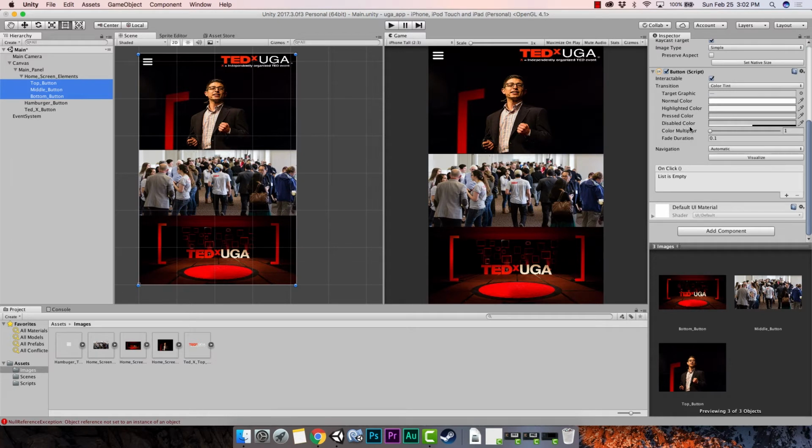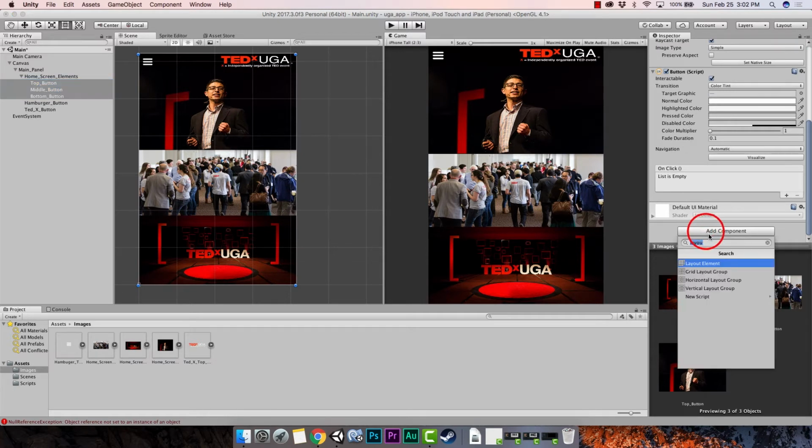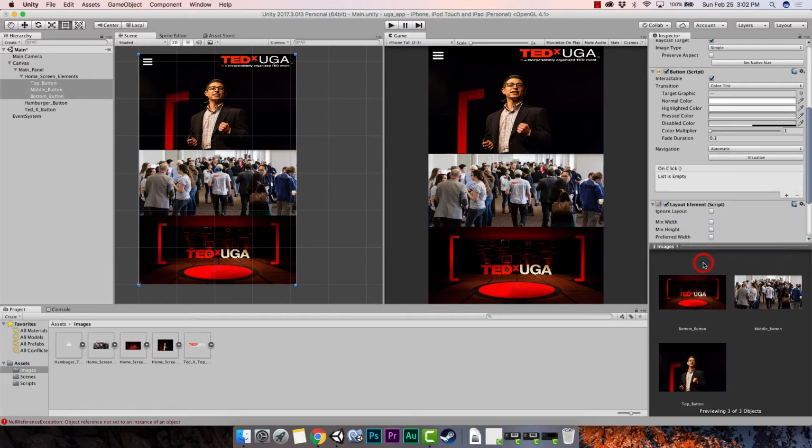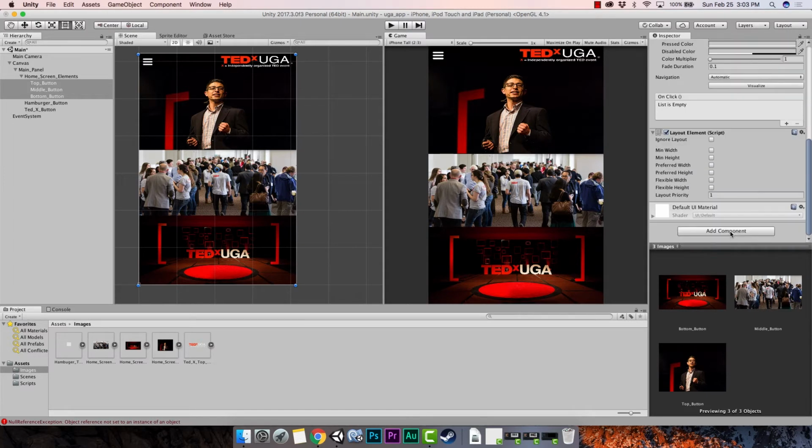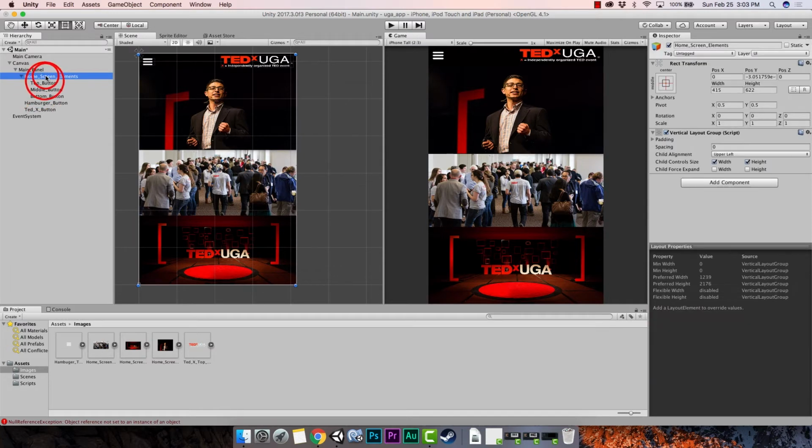And then we're going to go over here to the right to the inspector. We're going to add component, and it's already there, but I'm going to start from fresh. We're going to start typing out layout. You're looking for layout element. It's right here. We're going to click that and just leave that as is for now. Okay, so now the cool thing about this is that